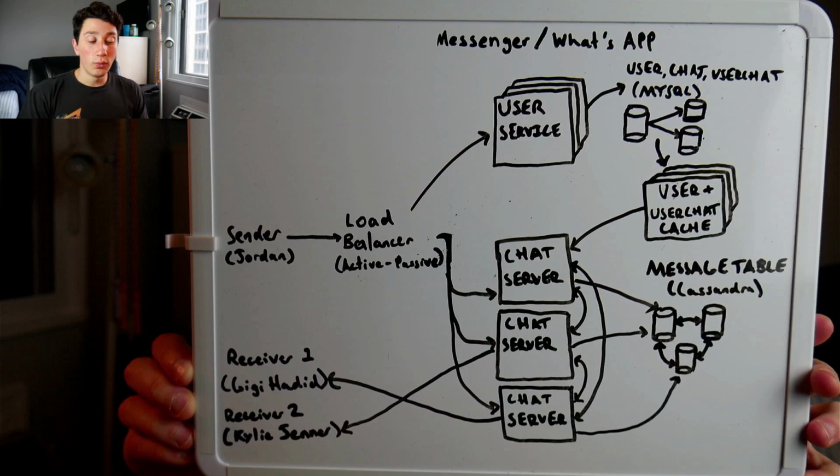Then finally, once that happens, those chat servers are going to communicate with each other using the consistent hashing pattern delegated by the load balancer, and then via server-side events, deliver the messages properly. In this case, the receivers are going to be Gigi Hadid and Kylie Jenner because I am a fiend in the DMs. Hopefully that is a pretty simple description. Obviously, it's not too different from anything provided by Grokking the Systems Design Interview or any other video that you could have found on YouTube.